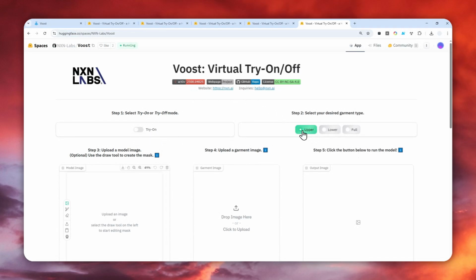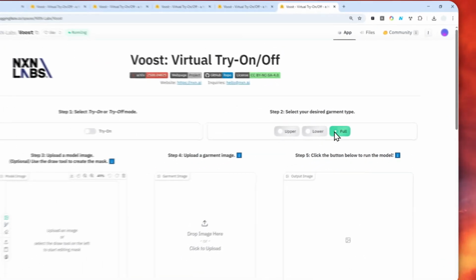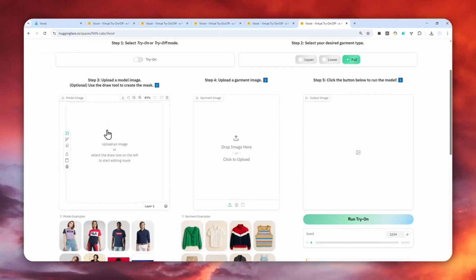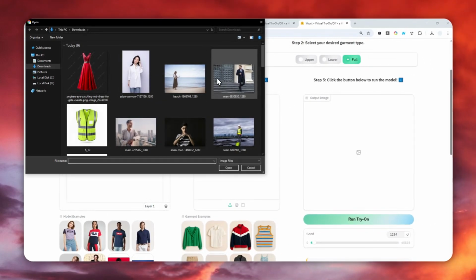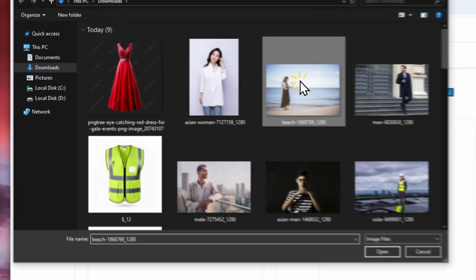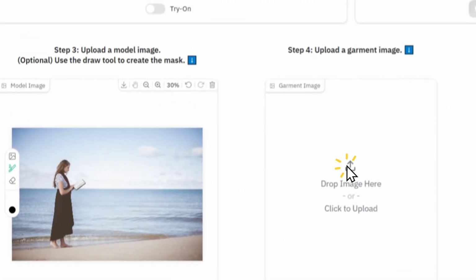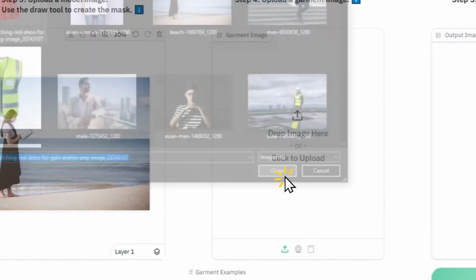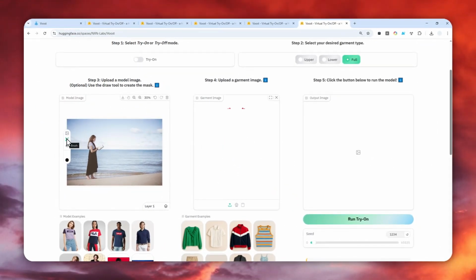Now, you can select whether it is upper body, lower body, or the full body. Now, in this case, I guess I'm going to be using full body, and I'm going to upload a picture of a person. Let me just click that button, and let me select, let's say, this picture of a woman. Now, let's upload another picture. This is going to be this dress. Let's click open. And by the way, it is also possible to use the selection tool, so you can select